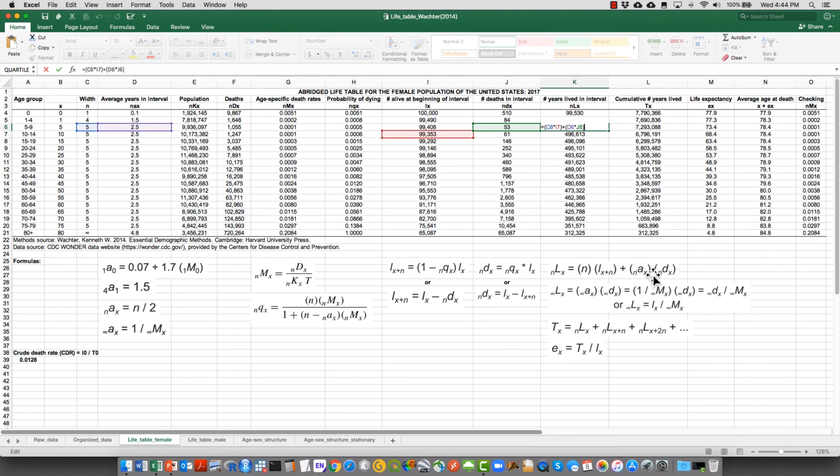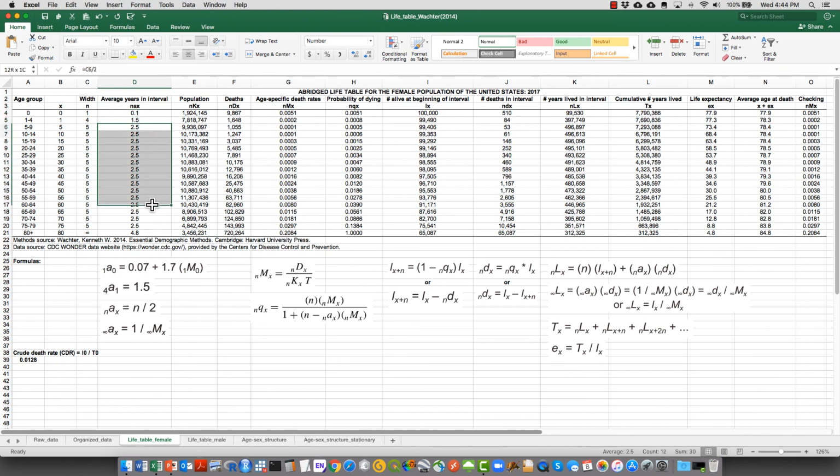So that's the portion of the formula. So you see that for the first 2 age groups, something that I mentioned before, the average number of years is calculated in a different way than for these other age groups here. Because for these two, for babies and children who die within that interval, they will die closer to the beginning of the interval. So babies who die between the ages of 0 and 1, they will die closer to age 0 than to 1. Babies who die, or children who die between ages 1 and 4, will die closer to 1 than to